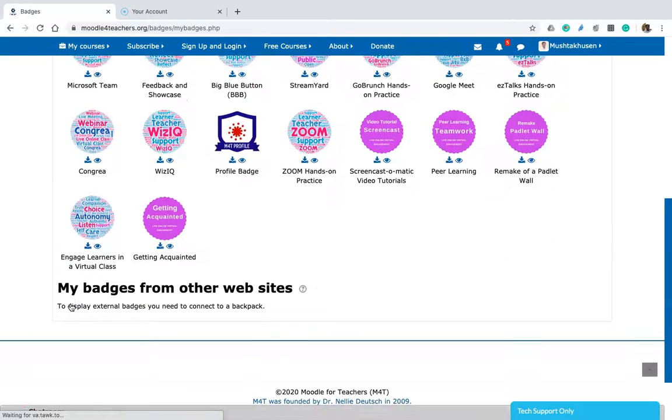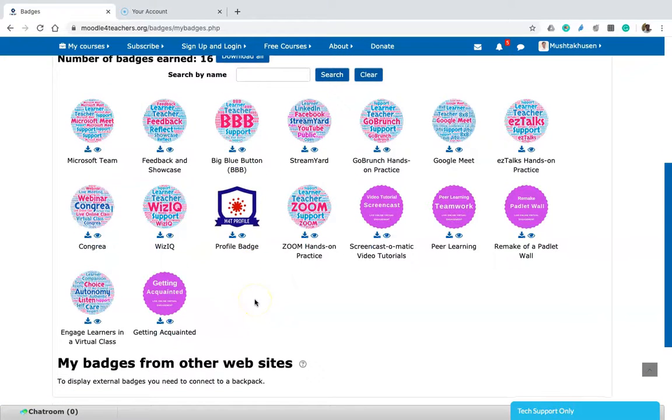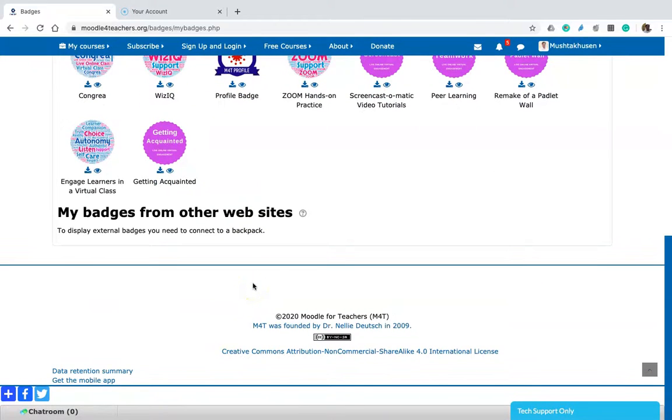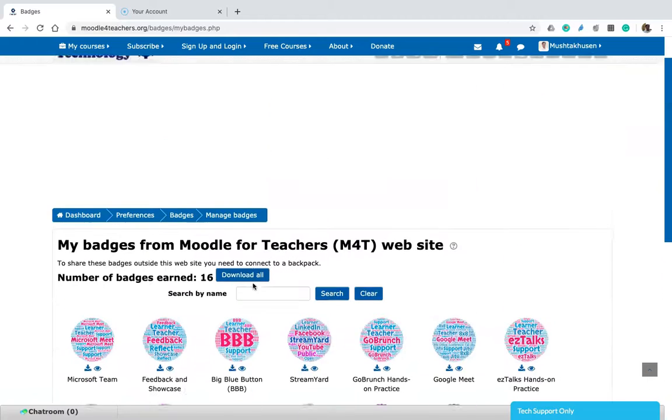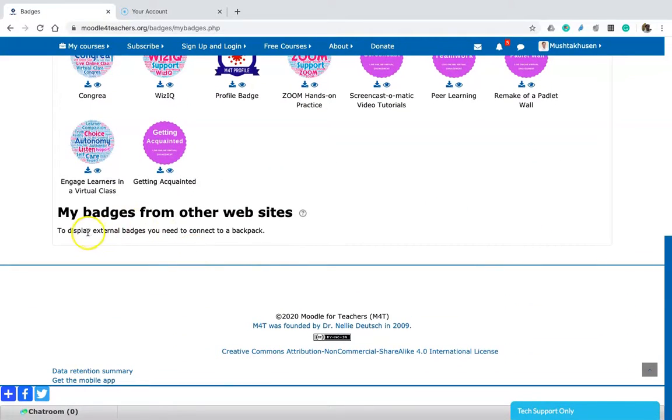So here you can see all your badges. So if you want to download all these badges, you can download them, or if you want to download one by one, even you can do that. Apart from that, we have got one more option in badges, that is to display external badges you need to connect to backpack. So this is one more option where if you want to get other badges from other websites,